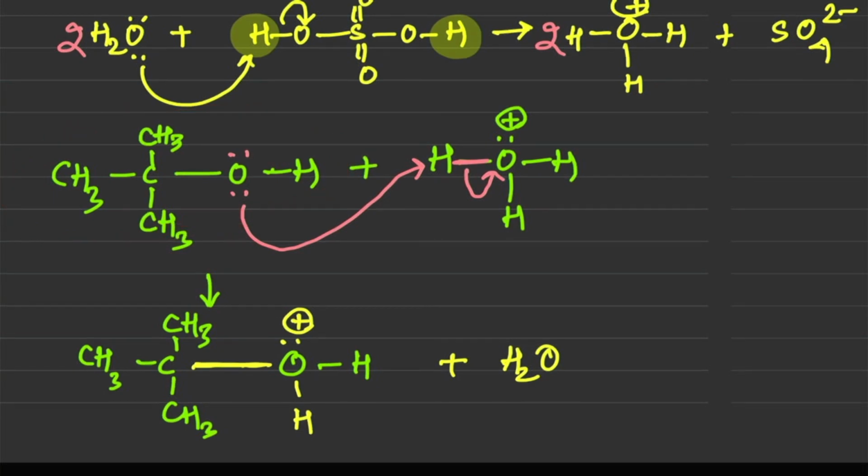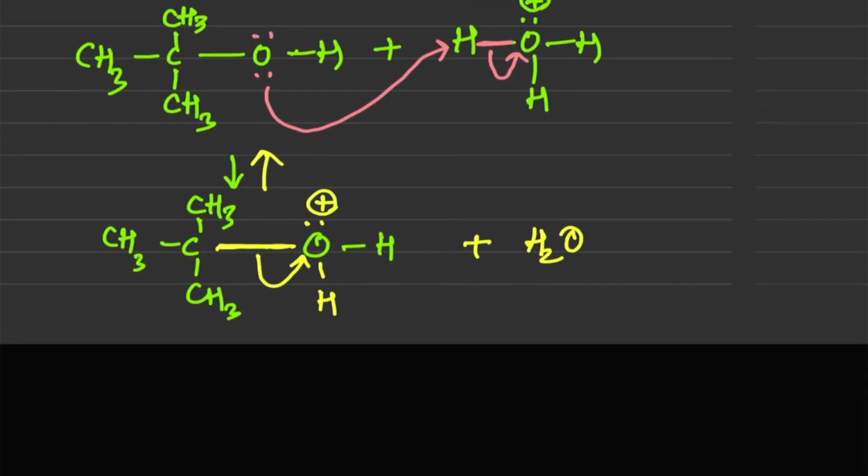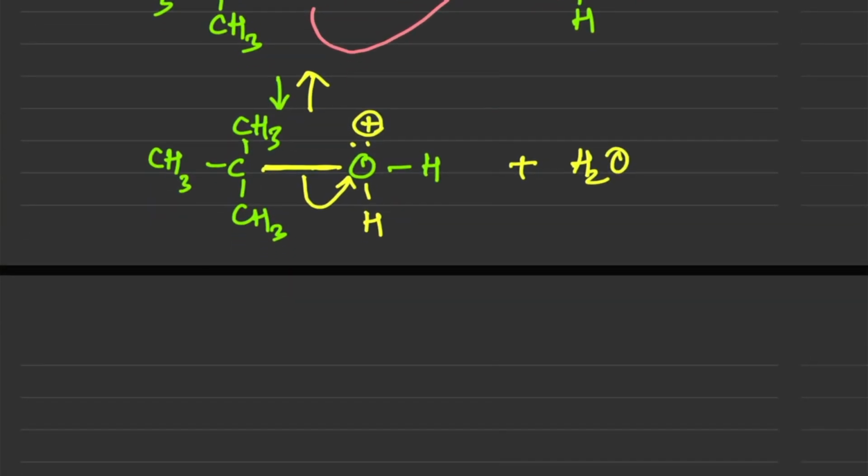That's why you'll find out all the steps in these reactions are actually in equilibrium with each other. So let's move forward by breaking the bond here. And if we do that, what is the product you think we will be making? We'll be making CH3, CH3,